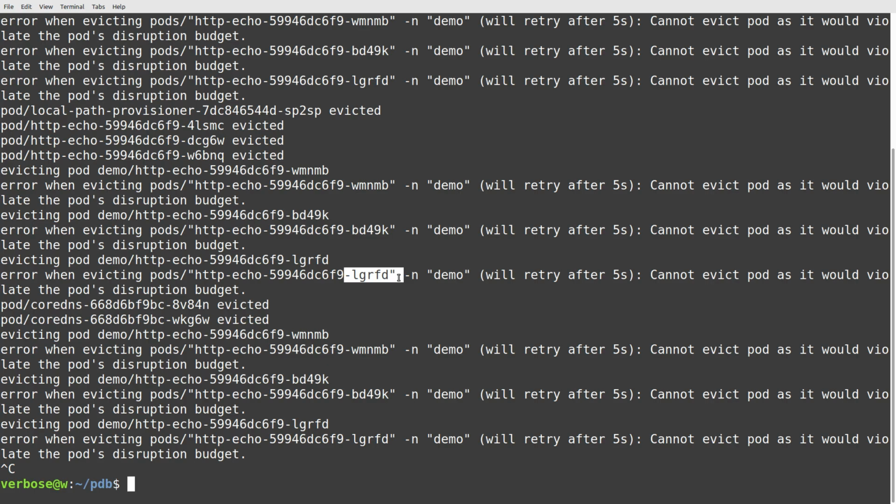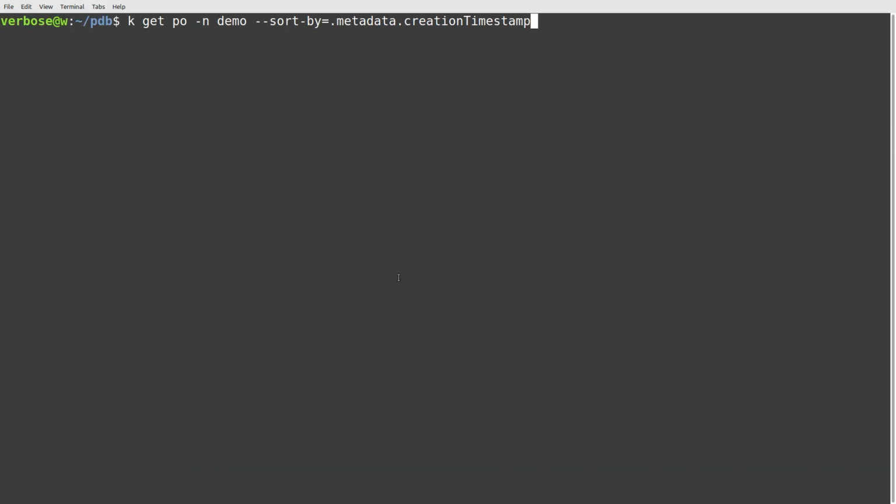Now, if there was another node that it could magically create new pods on, it would be able to fully drain this node and get rid of all 6 pods on this particular node. But this is the only node, so it's never going to be able to do it. Let me show you. I'm going to run this command now to look at all of our application's pods again,